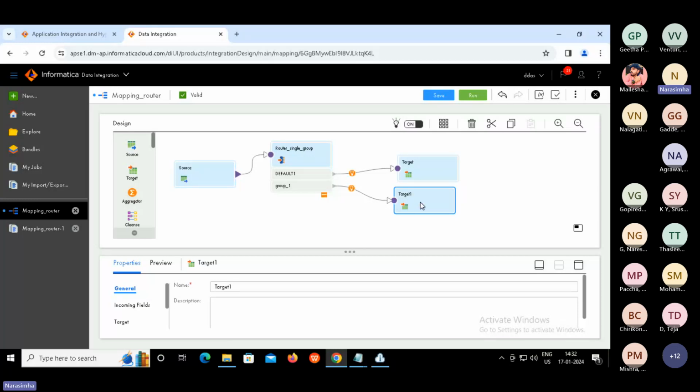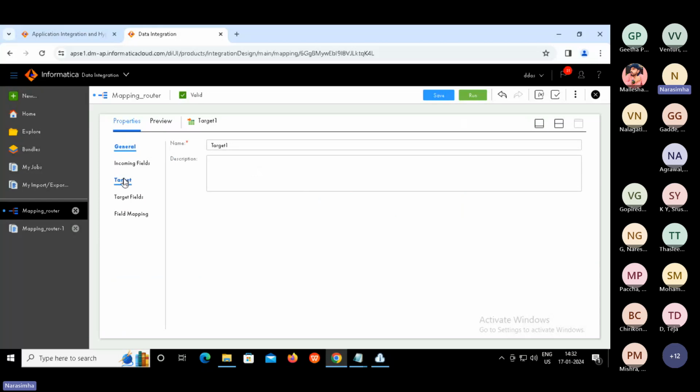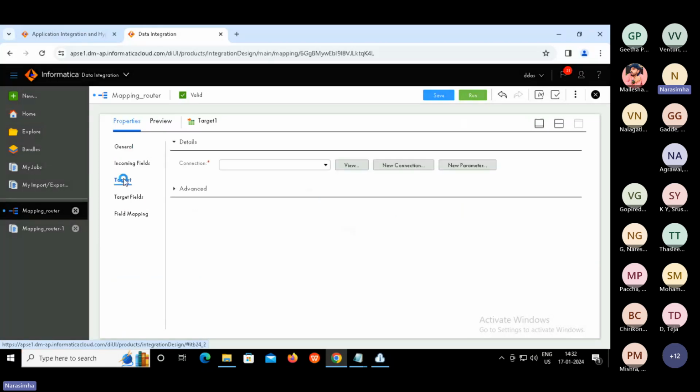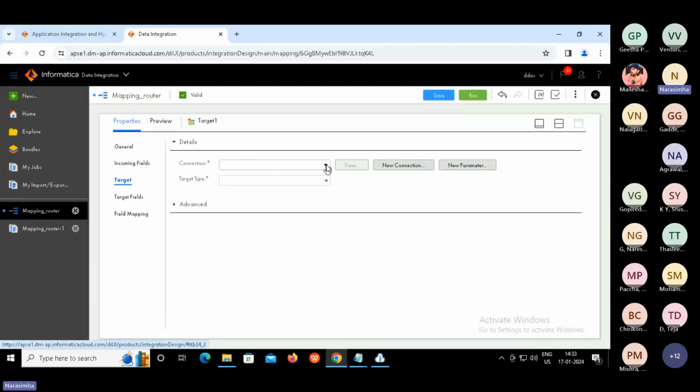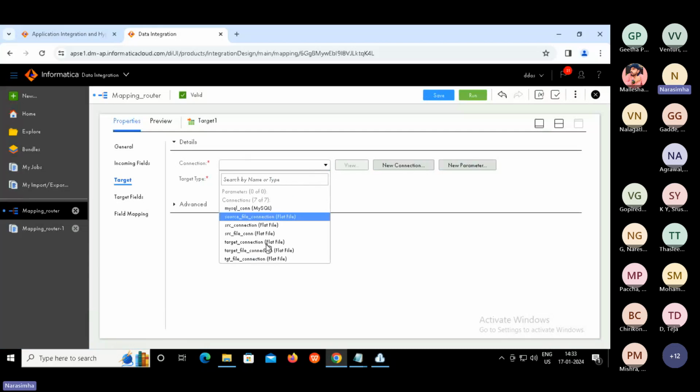Yeah, done guys. Now we can configure the target properties. So go to target, which is the second target, where we can specify target file connection.